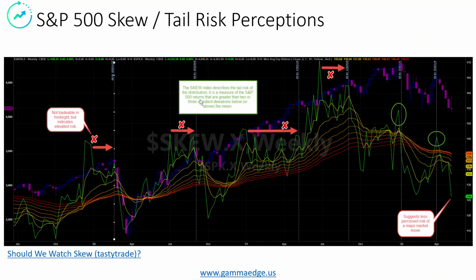At the open mic last night, there was a request to take a look at the skew. The skew index describes the tail risk, the 2 standard deviation, 3 standard deviations of put-call ratio, and where people are anticipating downside versus upside moves, etc. As the skew, which is the green line, goes up, there is more anticipation that we're going to drop, and then as the skew relaxes, there's a general form of rally that you can see here. This is the weekly, by the way. I will say this is not a very good timing model, but it does give some insight into